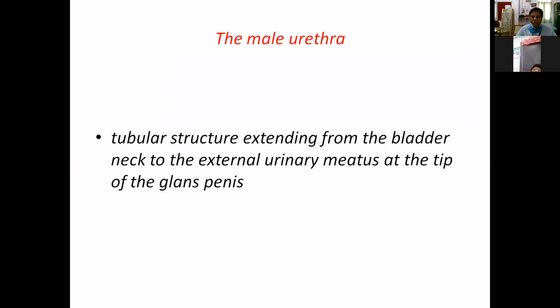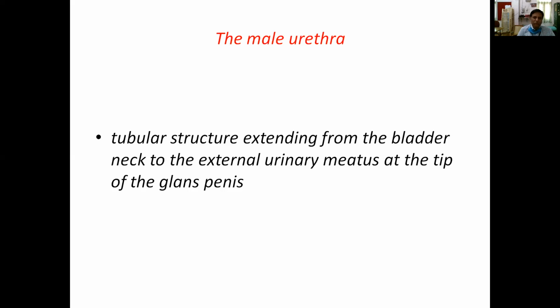Today we are going to start a new chapter on the diseases of the male urethra. We have separated the male and female urethra because the development, the structures that surround the urethra, and the diseases that affect the urethra are different in males and females. The female urethra represents only the posterior urethra of the male counterpart. So it has been separated, and the diseases are also tackled separately.